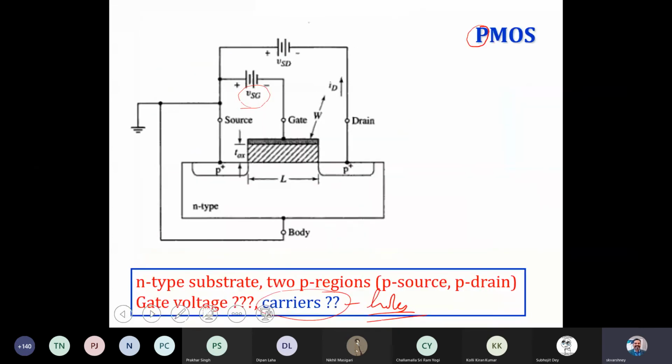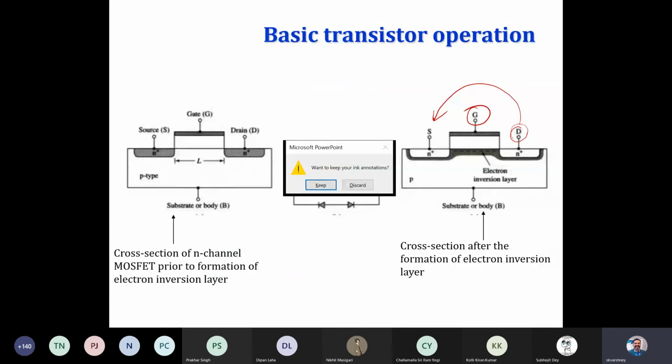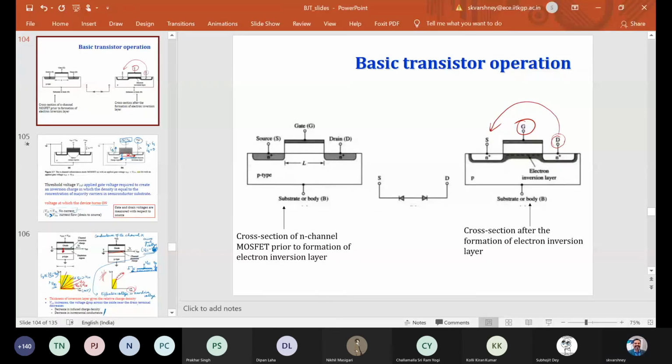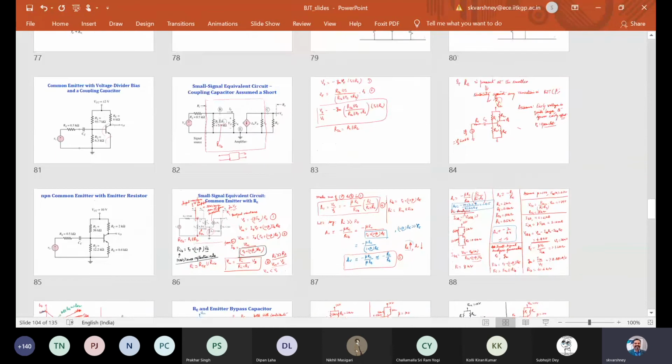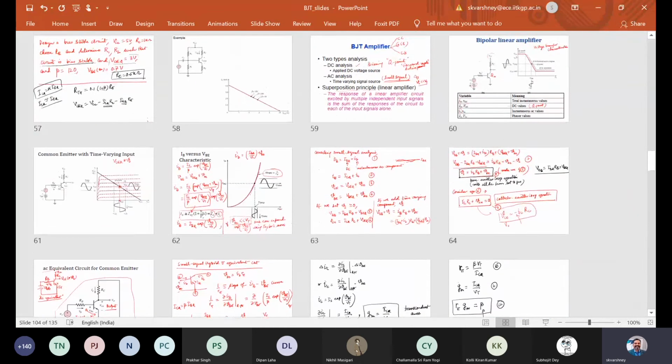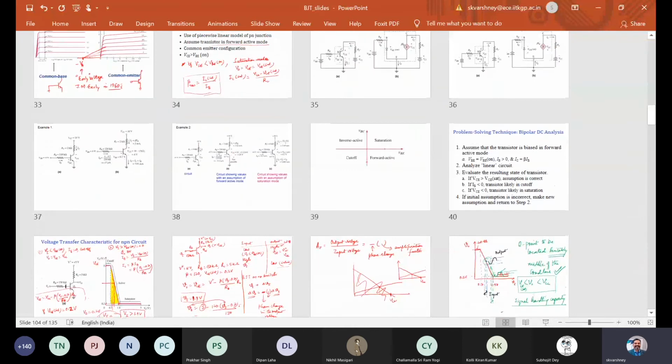So regarding, there was a query from, I think, Amandeep, basically, regarding the finite slope, right? The finite slope, we have in the same way finite slope in here as well.